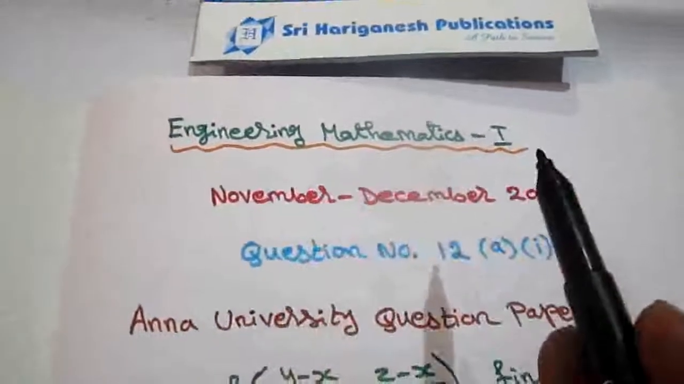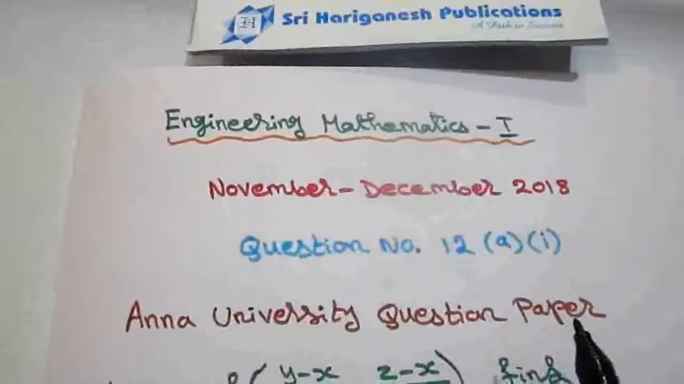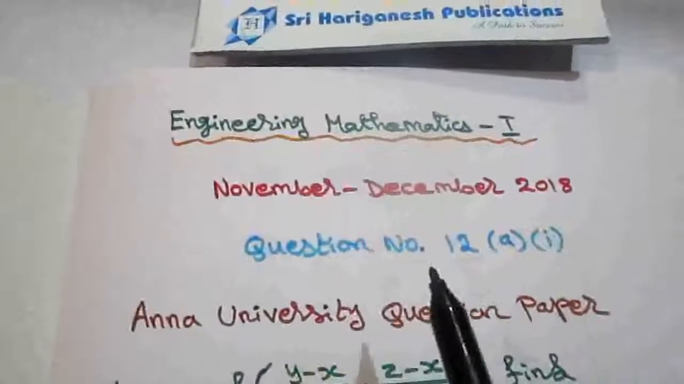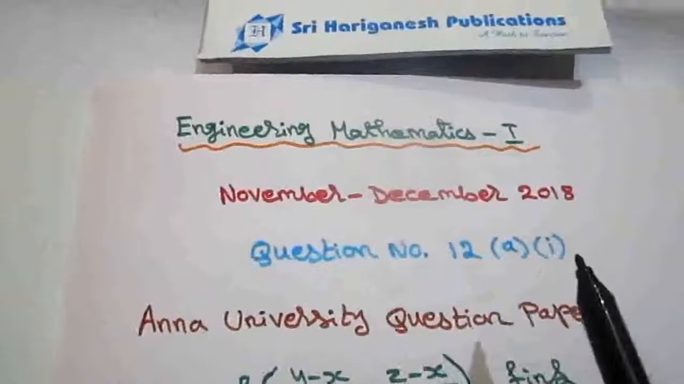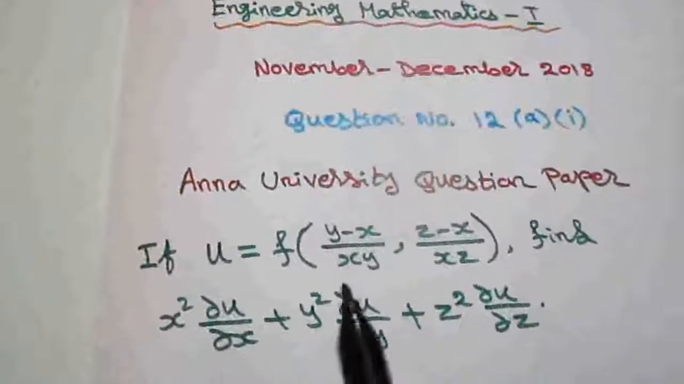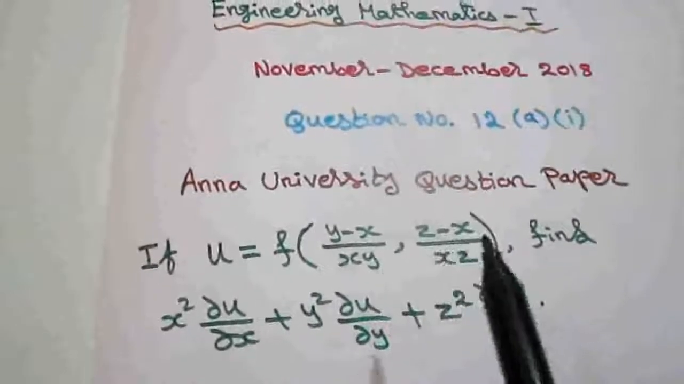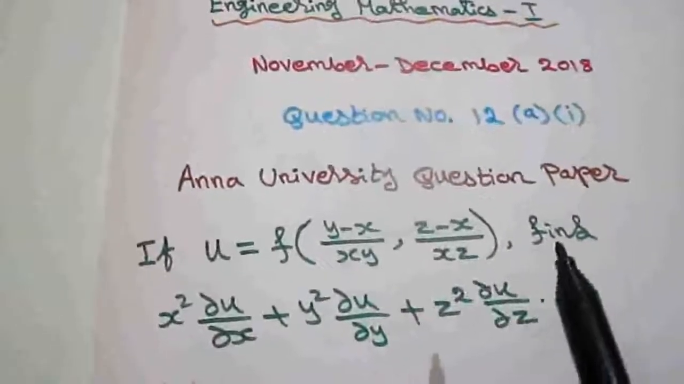Engineering Mathematics 1, Anna University question paper, November-December 2018. Question number 12A1. If u is equal to f of (y minus x)/xy, (z minus x)/xz, then find x